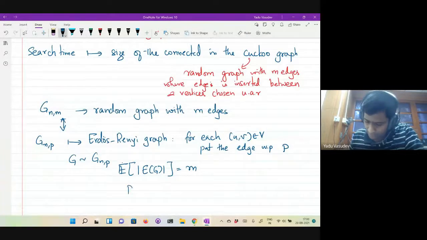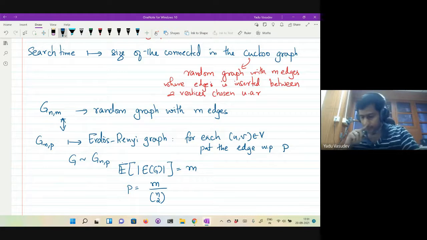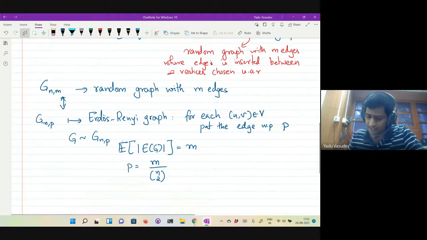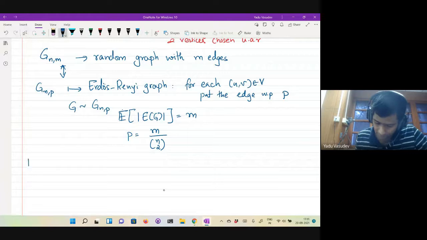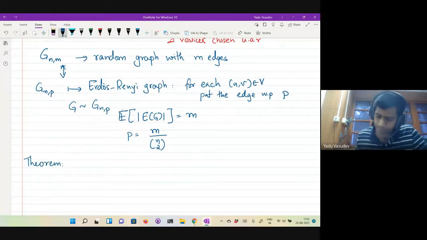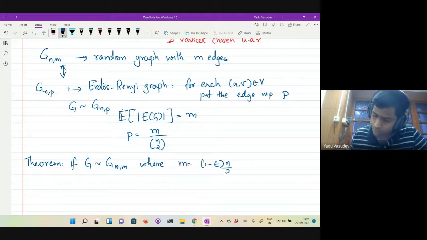So for that, you need p to be something like M divided by N choose 2, so that the expected number of edges is just N choose 2 times p, which is M. This is what we will have. So let me just state the formal theorem that we are trying to prove. If G is sampled from G(n, M), where M is something like (1 minus epsilon) n by 2, then the